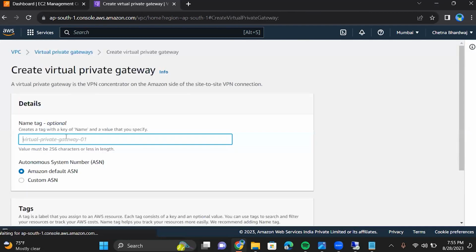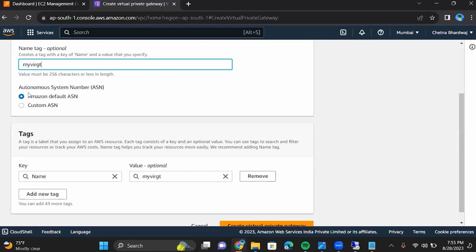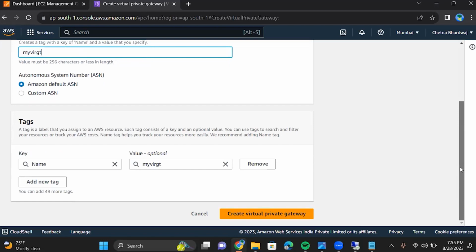My virtual gateway. Okay, so Amazon autonomous system numbers. We can see it's just some sequence numbers. So default, we are just using default because right now we are not going in too deep. Custom ASN, if you have deployed your own ASN number, then you have to select the custom ASN. So let's create